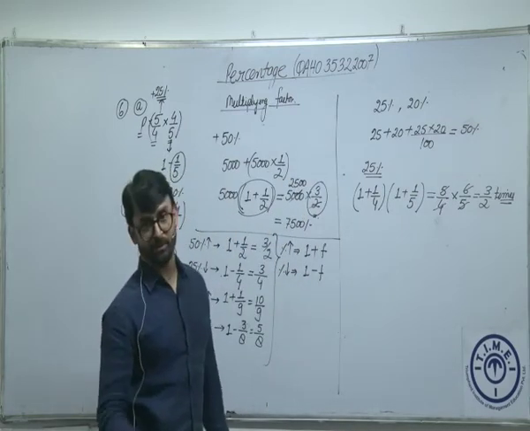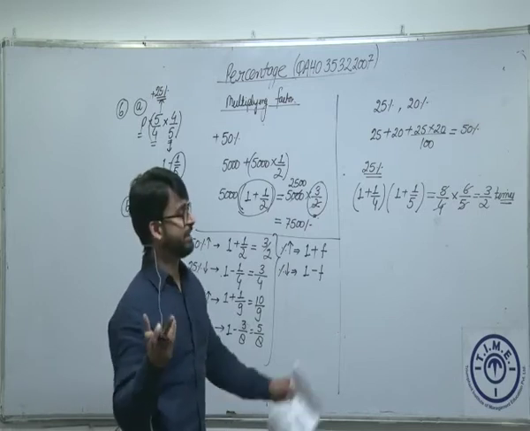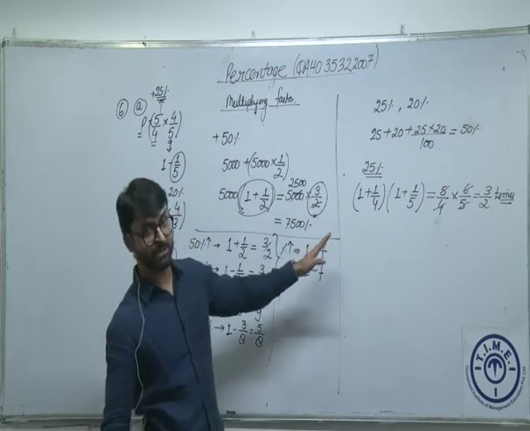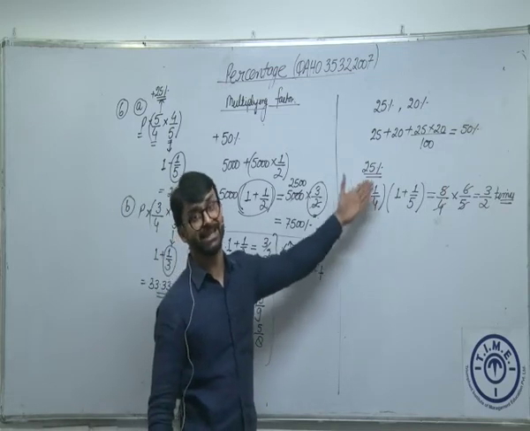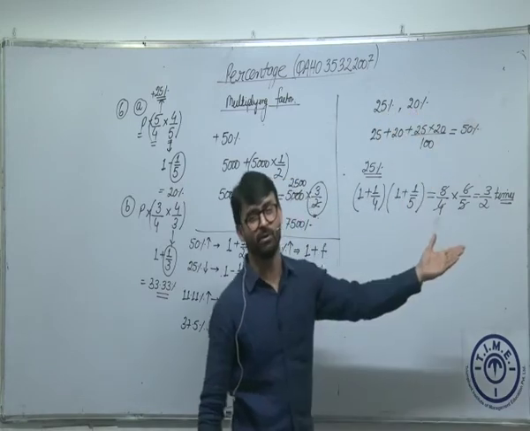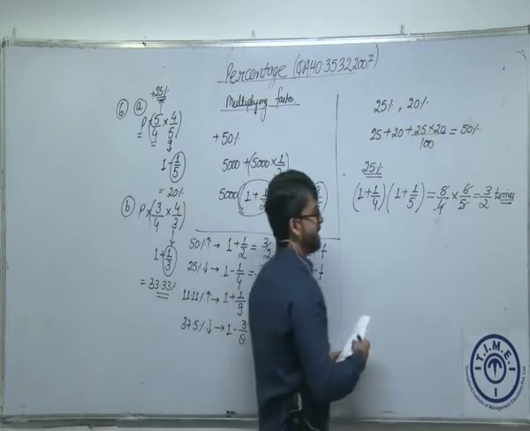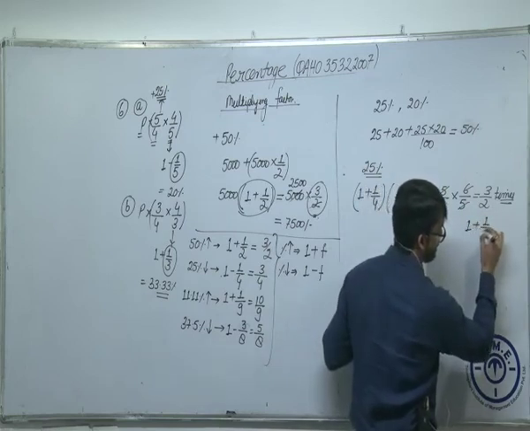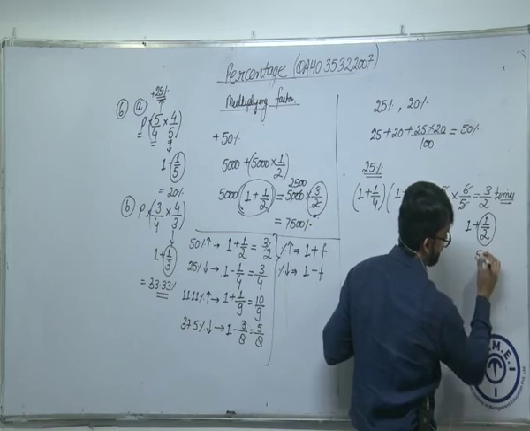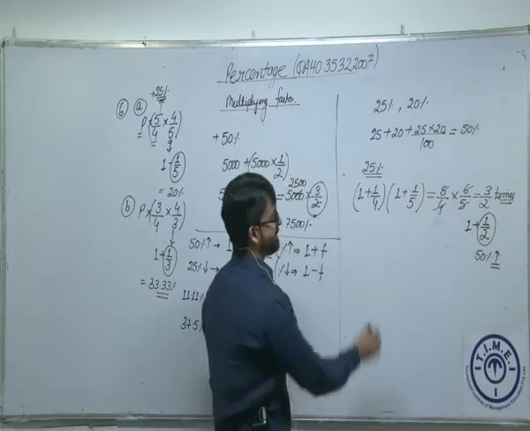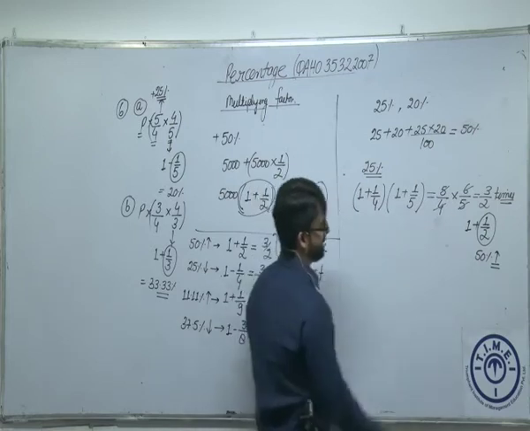What is the idea of 3 by 2 times? Or what does it mean if I say 3 by 2 times? We have understood this. It is more than 1 or less than 1? More than 1. That means it is increase. And clearly with the question 25% increase, 20% increase का मतलब increase ही होता होगा, decrease नहीं हो सकता. So 3 by 2 is what? 1 से ज़्यादा है. कितना ज़्यादा है? 1 by 2. This is 50% increase.